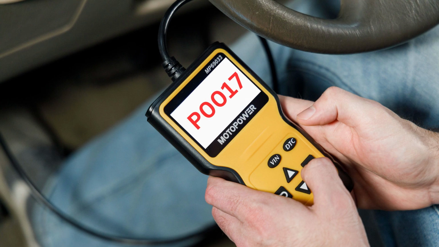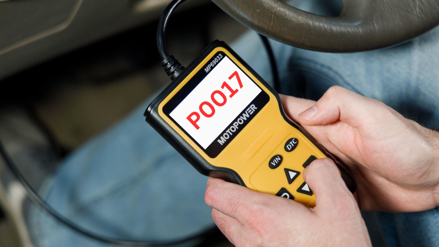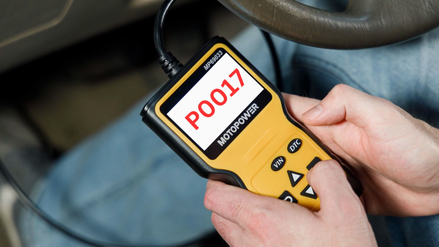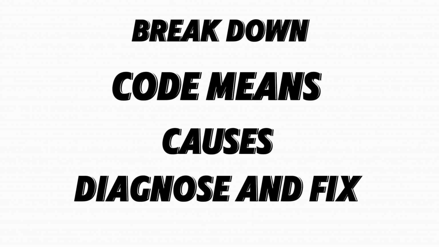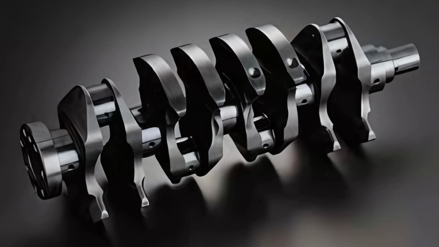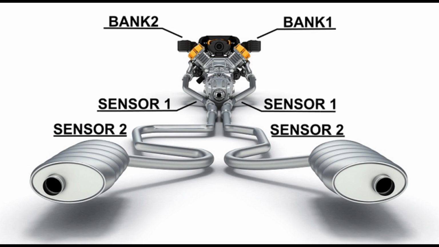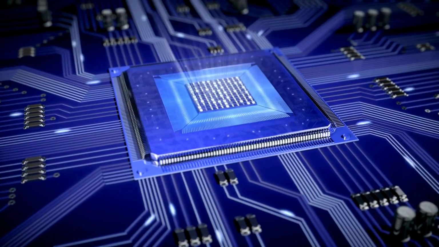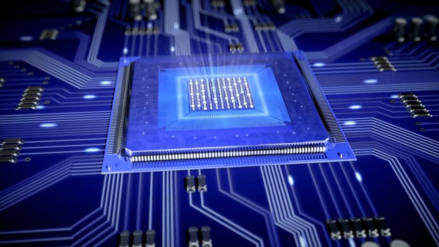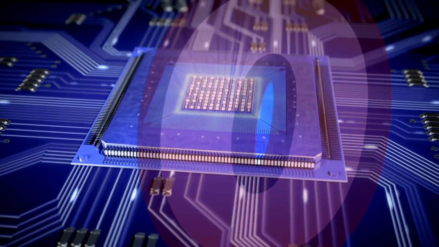If you've recently scanned your vehicle and found the P0017 code, don't panic just yet. In today's video, we'll break down what this code means, causes, and how you can diagnose and fix it. Let's get started. The P0017 code is a timing correlation error between the crankshaft and camshaft, exhaust camshaft on bank 1. The engine control module, ECM, monitors their positions using sensors, and if they are out of alignment, it triggers